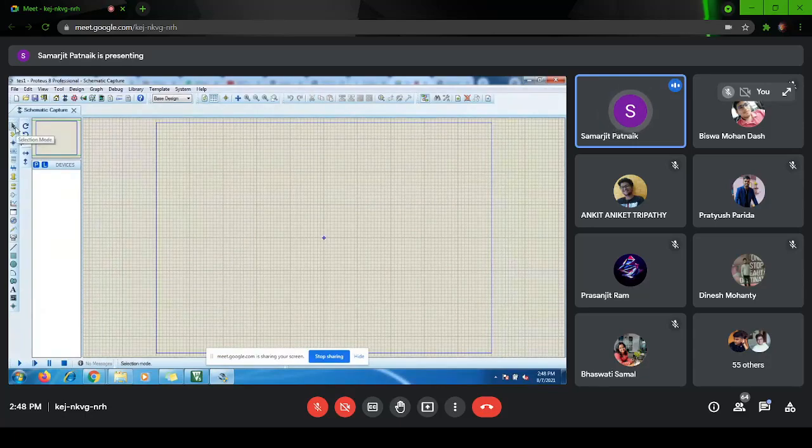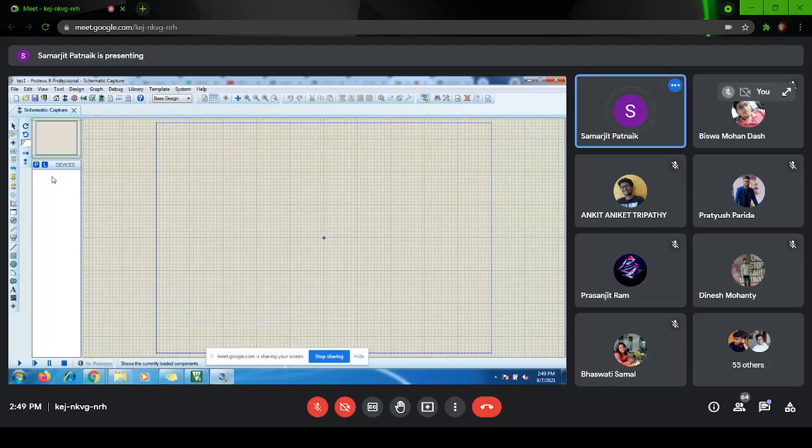So on the left side there are different things: selection mode, component mode, junction, wire label, text scripts, buses, sub-circuit. Initially it will look difficult maybe, but once we go through it for one or two classes, then it will be easy. So once you start using Proteus, it will be easy and nothing difficult. Okay. So you can explore all these things. There are two things. Either we can go with 8051 programming or we can go with AVR. Both are okay. So let us go with 8051.